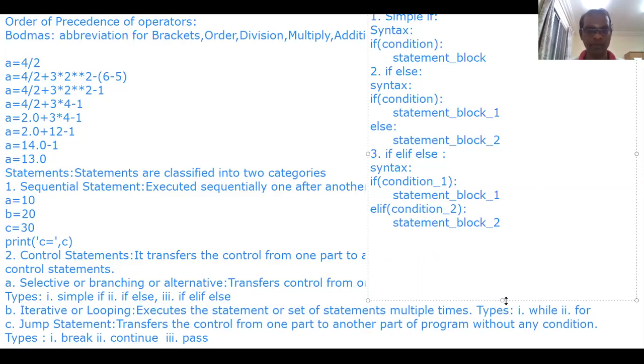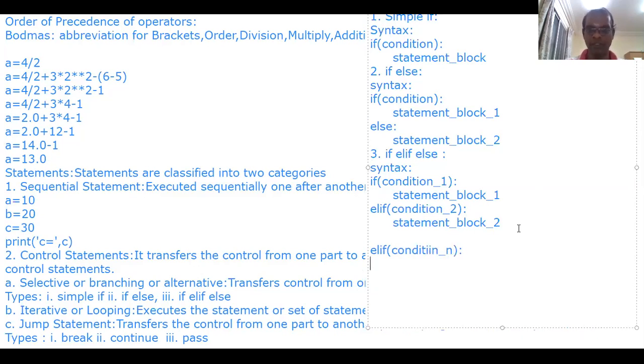We can drag it. Already you know very well. At last, elif. Again, we have so many conditions. Condition number n. Then statement block n. At last else. Statement else.